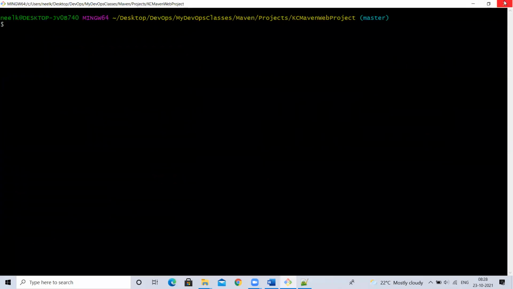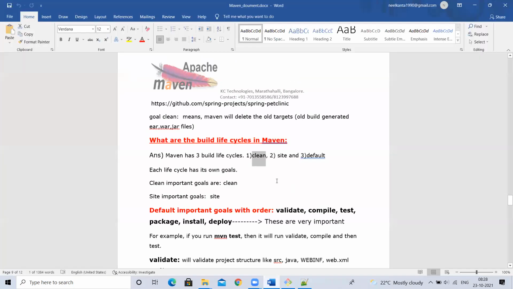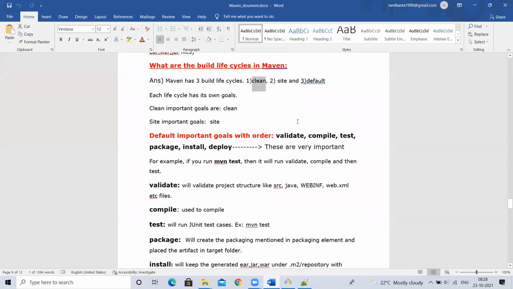Now, when you are using life cycle phases, if you use two life cycle phases in a goal, then the two phases should be from different life cycles. That means you cannot use mvn validate compile, no use. You have to use one from this, one from this, one from this, like this you can use, but two from the same life cycle you should not use. Understood, guys? mvn clean: clean is from this, package is from this. Understood?